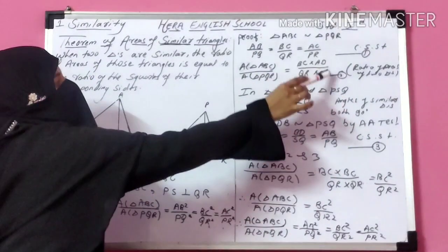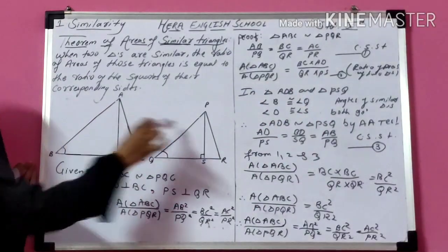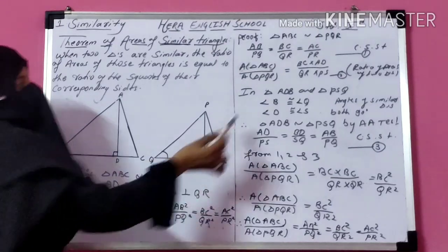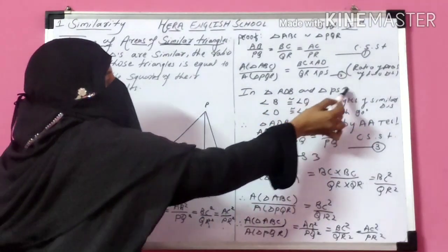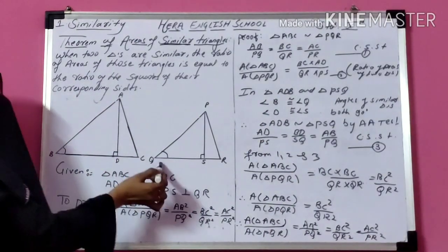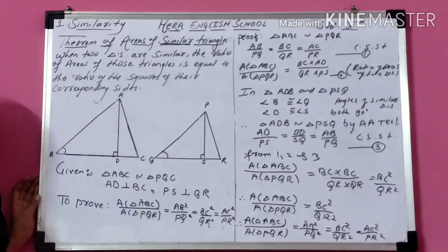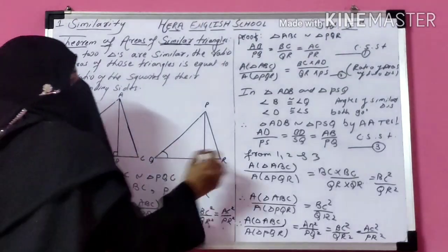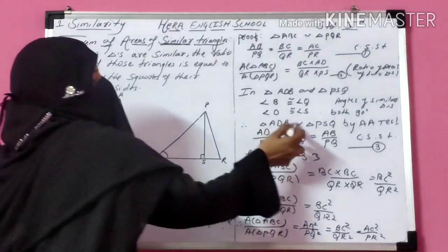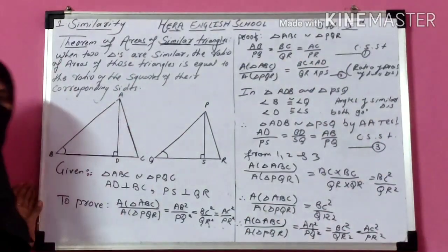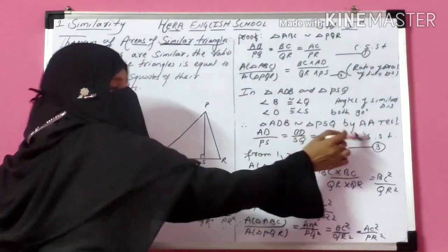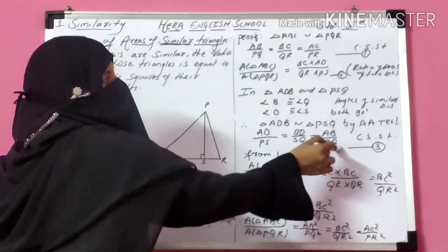So to replace AD and PS with BC and QR, I consider these two triangles and try to make them similar. So I consider triangle ADB and triangle PSQ. In triangles ADB and PSQ, angle B is congruent to angle Q because they are angles of similar triangles. Now D and S are 90 degrees, so they are also congruent. So therefore these two triangles are similar by a test of similarity. If the triangles are similar, then corresponding sides are in proportion. So this is number 3.